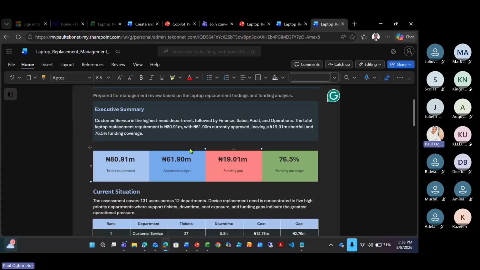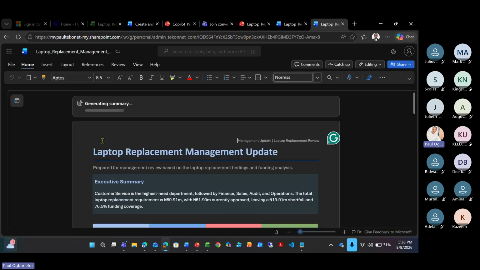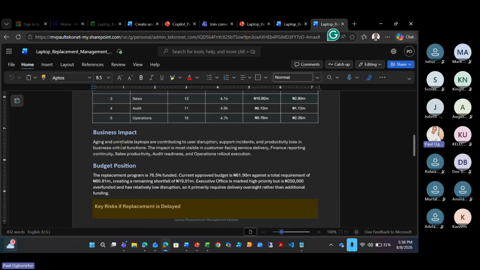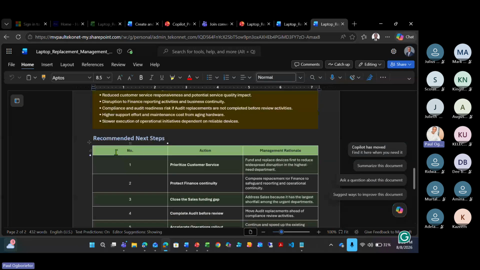So now look at the Word document it gave me. How soon would I have been able to come up with something like this? How soon? And if you check these things, they are most times very accurate and correct because I'm working with facts and my prompts are accurate. So over here,